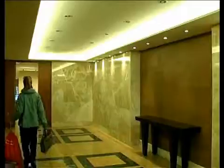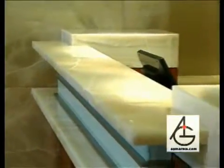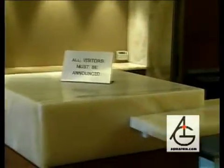We do some lobbies, let's say in high-rise residential buildings. We've done one recently on 8th Avenue in Manhattan and 54th Street called the Mark, and it's made out of onyx. The owner saw this onyx at another building and said, I want this in my building, how do I get it? So an architect called us up and said, can you do it for us? And we said, of course we can. Why don't you give us an idea of what you're looking for? When it's all said and done, it was a gem, it was a jewel. And they also added it into their entrances, into their elevators. So elevator surrounds were done,